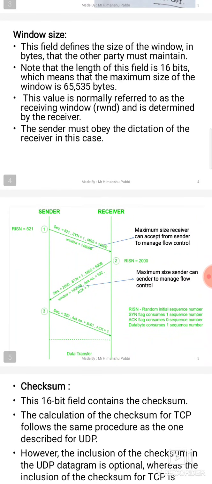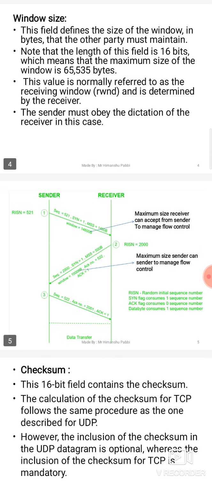But it could be less also. For example, if a sender only wants to send 14,600 bytes of data and the receiver can send 10,000 bytes of data, that is acceptable. The data should not be larger than 65,535.